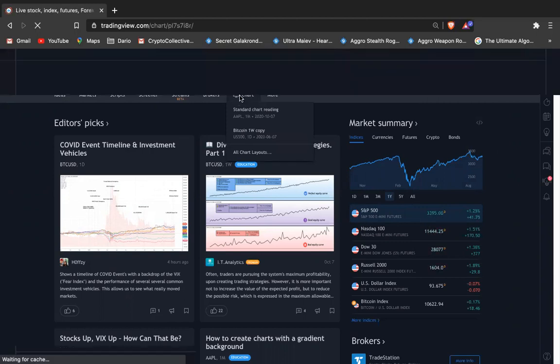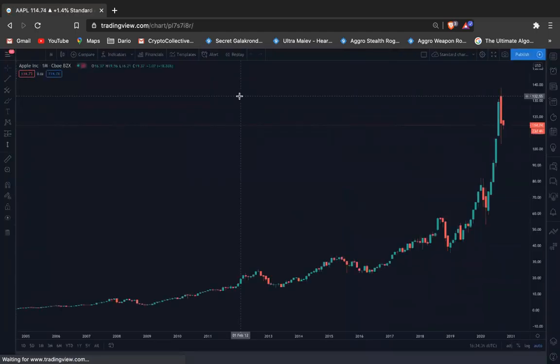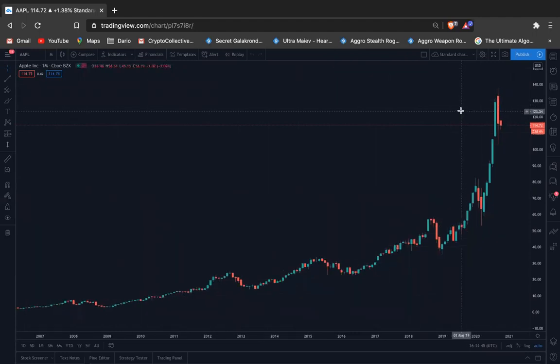You just click on that straight away. If you've just registered an account, it's going to take you to this screen. Up here, we've just got it on Apple. And the first important thing we're going to do is change the appearance of the